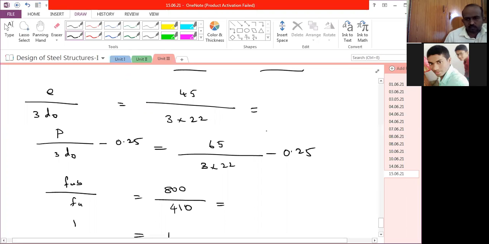$1.951. 45 and 3 into 22. Definitely it won't come 1.95. Second is 1.91. Second or third? Third, I think so. This will be 1.95. That is a possibility of 1.951. 0.68, sir. This is 0.68. Okay, 0.681. This value will become